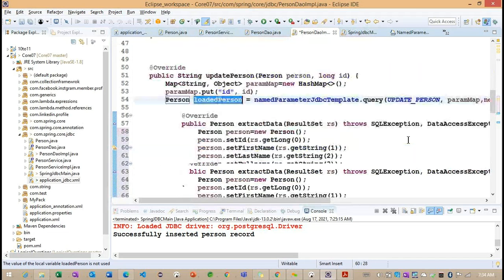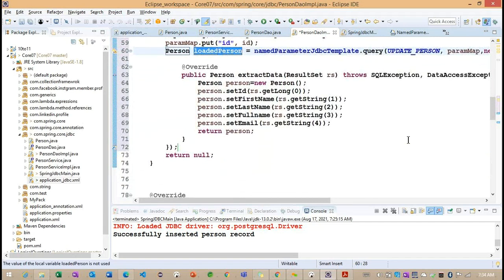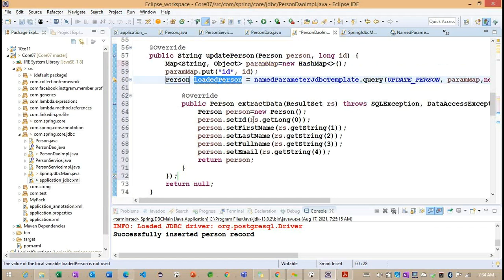Right. So with the help of this loaded person, internally we'll try to call one more method to update this particular record here. Getting the point. Basically, maybe this code we can define inside this update, I think. Okay.